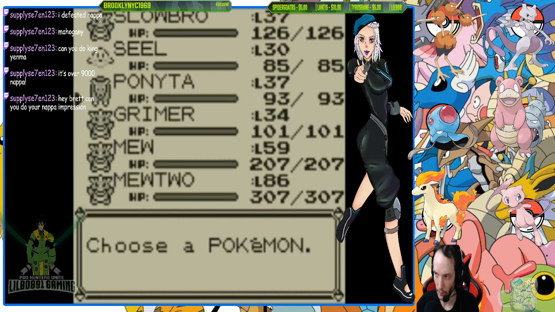Dodrio, Slowbro, you're gone for Grimer. I don't think I got Grimer yet. I have not been paying attention to my layout, which is not good, because I like to make sure that's updated for you guys.